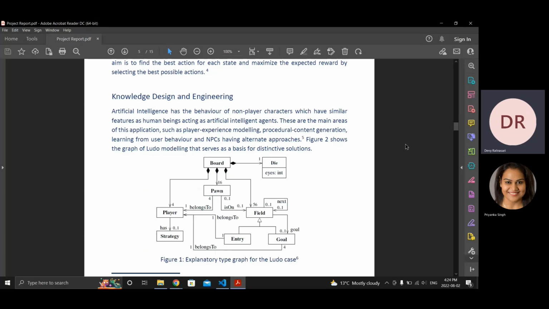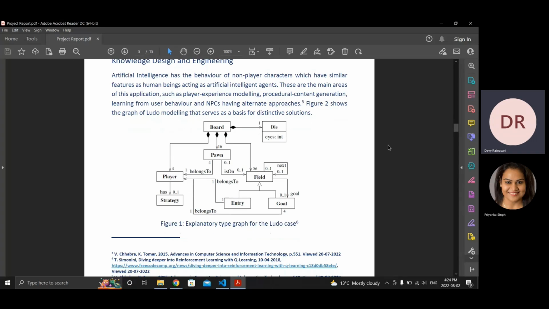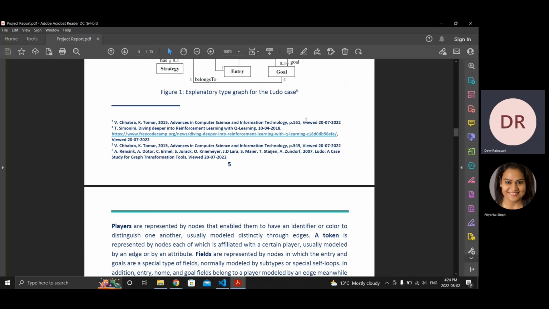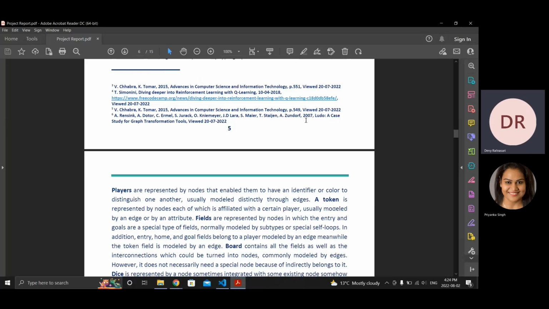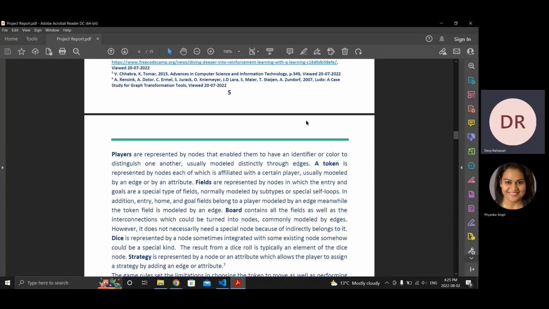For the next one, it's the knowledge design and engineering. For this design, we reference one of the papers. This is the explanatory type graph for the Ludo case, shown in figure number 1. Here, the player is represented by a node that enables the player to have an identifier or a color to distinguish one from another, and usually is modeled distinctly through edges. A token is the thing that belongs to the player, and it's also represented by nodes,